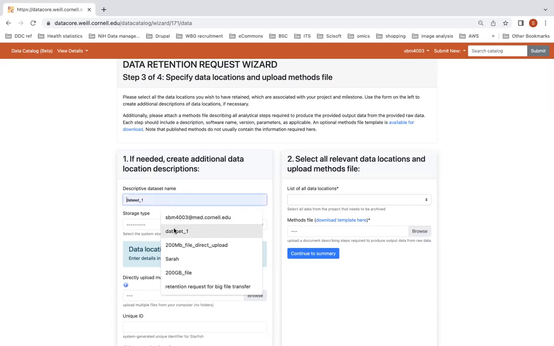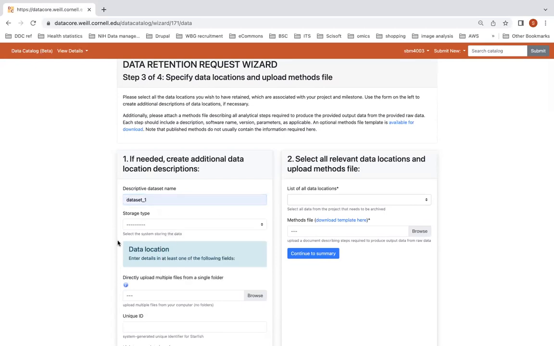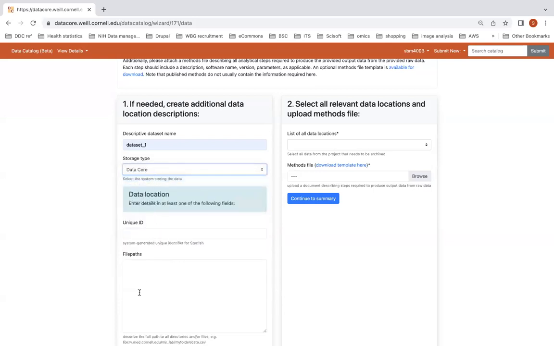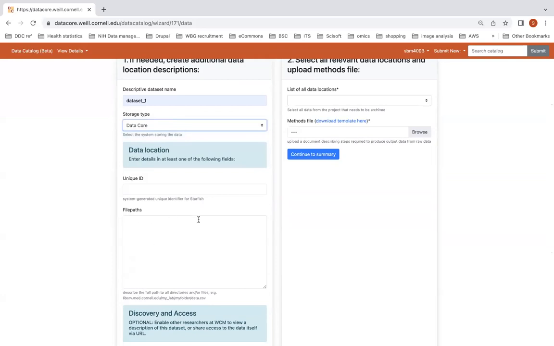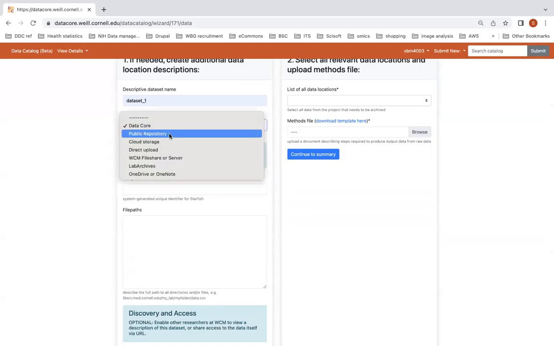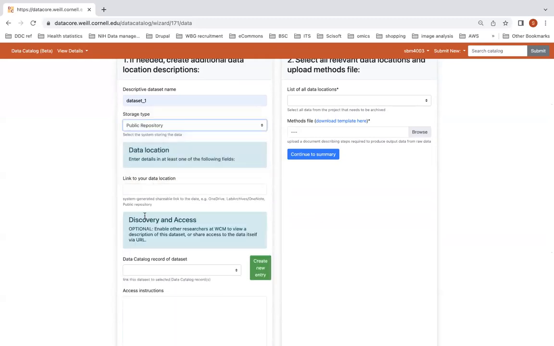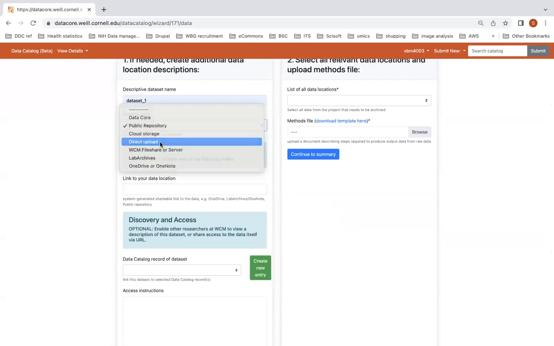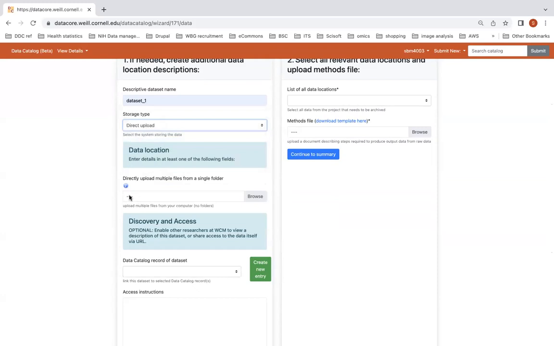So I'm going to go ahead, click, I'm going to add a name for this dataset, and then I'm going to choose the storage type on which the dataset is located. So for example, if your dataset is located in data core, you would be prompted to provide a file path, the absolute file path of exactly where your dataset is located. If you already deposited your dataset in a public repository, then you just need to provide a link of where your dataset is located. You can also choose to directly upload your file, so you can browse and pick some files from your